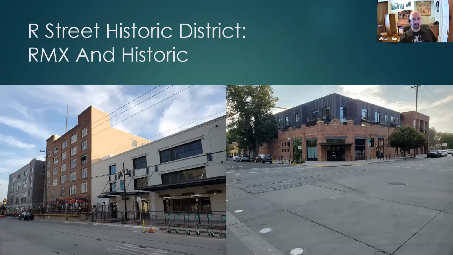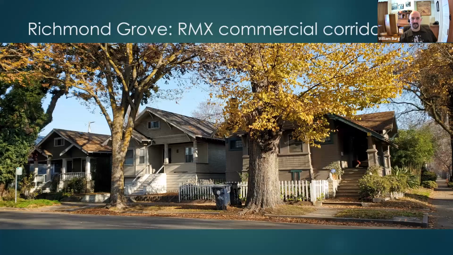You can have very dense, very tall historic districts with much taller buildings in them, or places like R Street. This is Warehouse Artist Lofts. It's an affordable and market rate building in a historic building with a new addition. And across the street, we see the Carlaw, which is an apartment building that's just being finished up right now using a historic building and new construction. So they combine. But that RMX doesn't work everywhere.